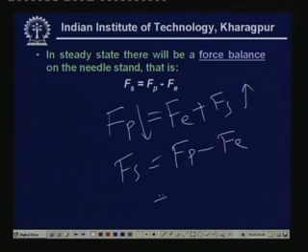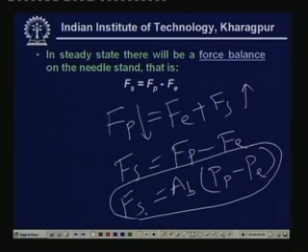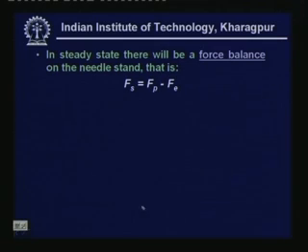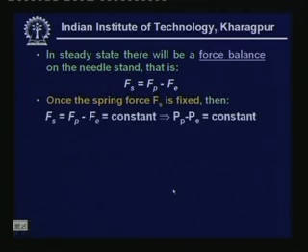Okay, and this is equal to, you can write this in terms of AB, that is bellows area, into pressure acting on the bellows due to the power fluid, minus evaporator pressure PE. Okay, so at steady state finally you have Fs is equal to AB into Pp minus Pe. Once the spring force Fs is fixed, then Fs is equal to Fp minus Fe is equal to constant. That implies that Pp minus P is equal to constant, because the area of the bellows remains constant. Okay, so once you set the spring force, then the difference between the downward pressure and the upward pressure will